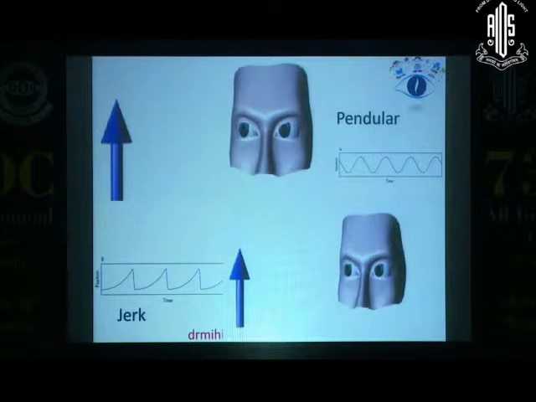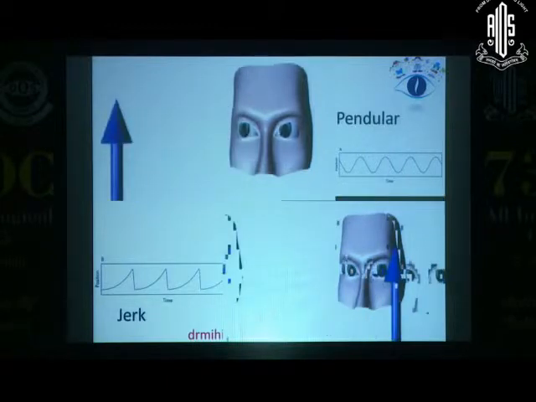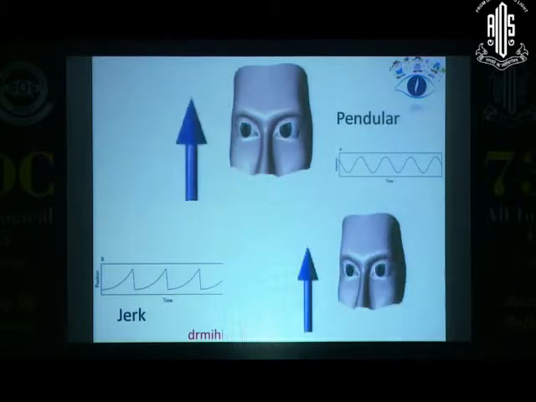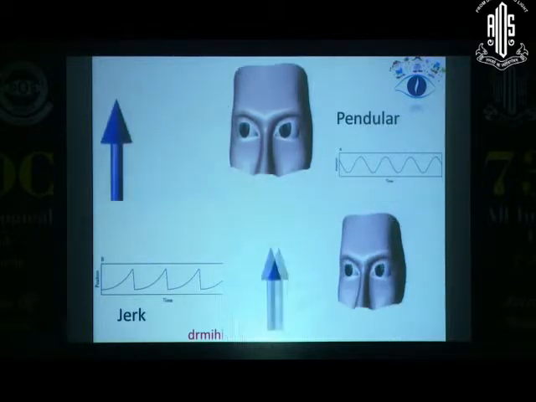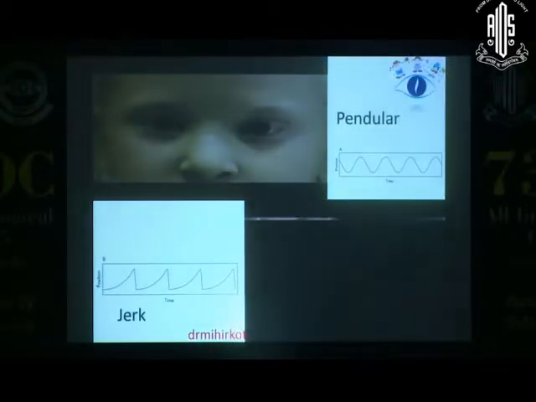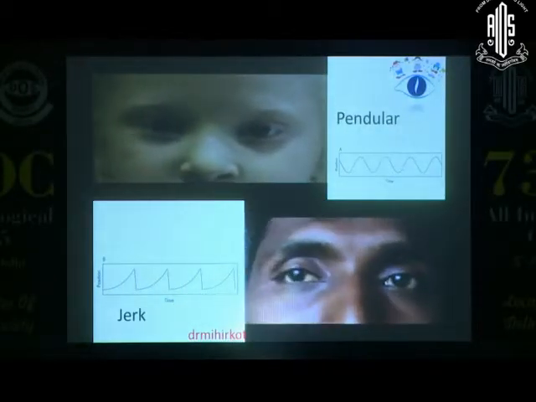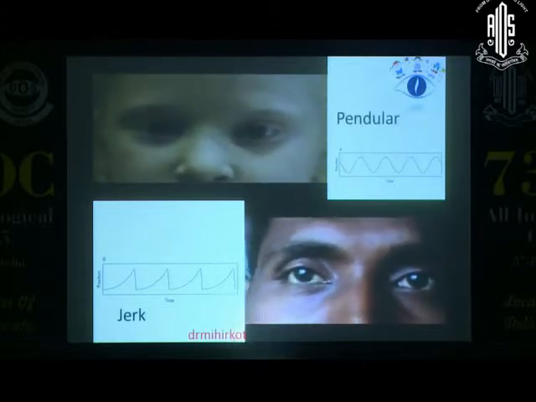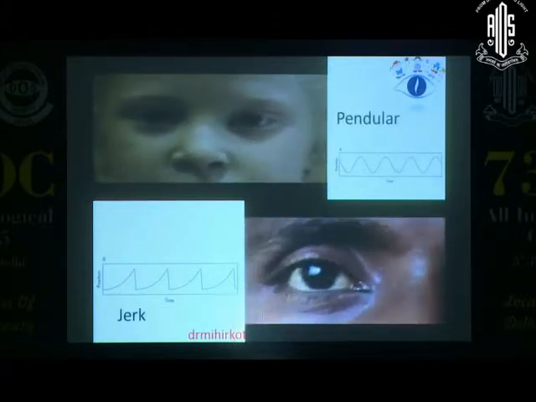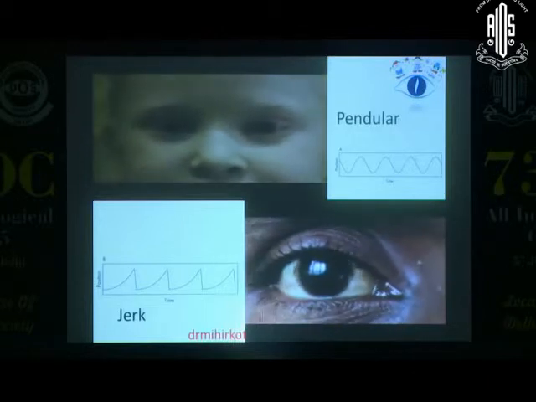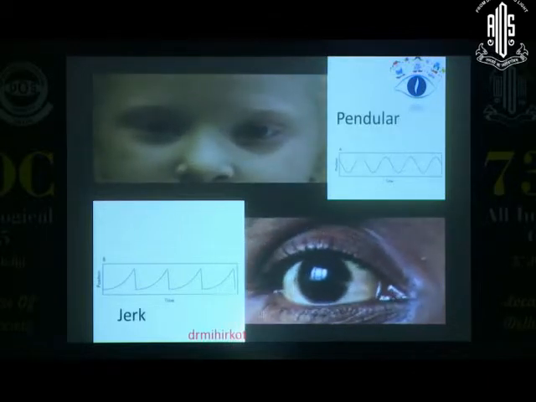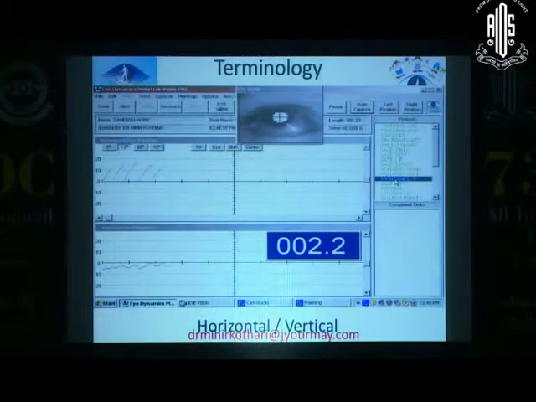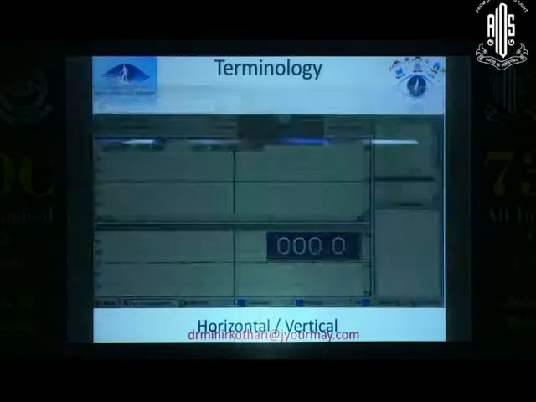has, whether it is a pendular type or whether it is a jerk type, because pendular is more frequently associated with the sensory defects, while infantile nystagmus syndrome can have jerk type also, as well as pendular types also. In general, oculocutaneous albinism is associated more frequently with pendular nystagmus and periodic alternating nystagmus, while strabismus is more frequently associated with the jerk type of nystagmus. As you see over here, this is a jerk type of nystagmus.